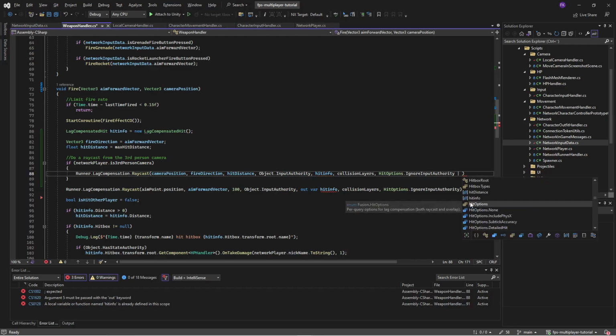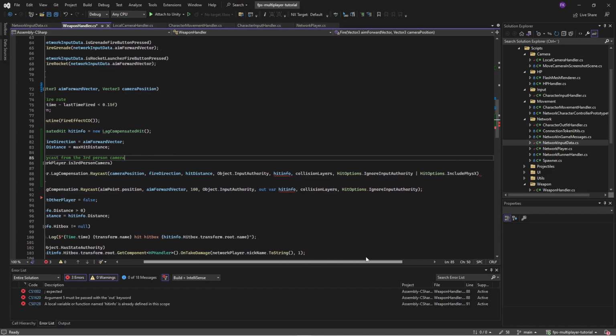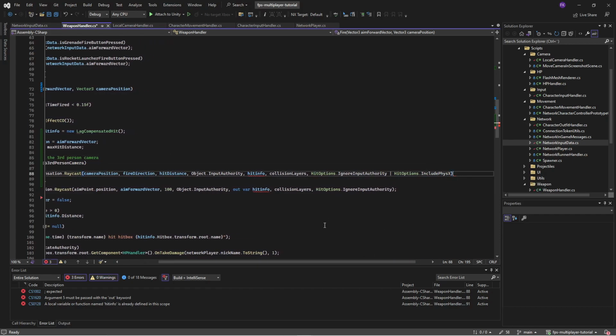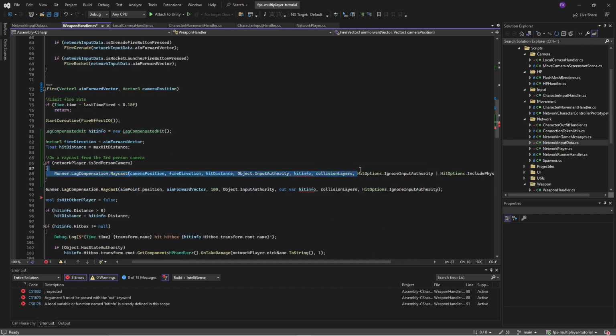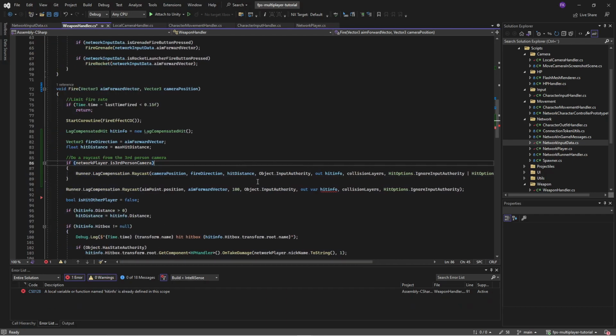So we need to include our hit options, include physics. So by using this sign, it means that it's this and that. So both of them. Or actually it's this or that, sorry, not both of them at the same time. And we need to say that it's an out. Okay. So that will